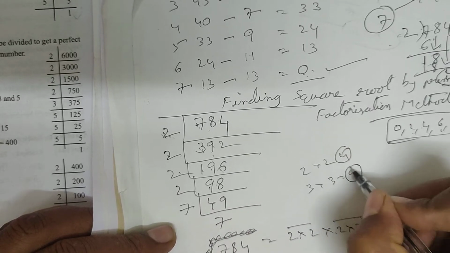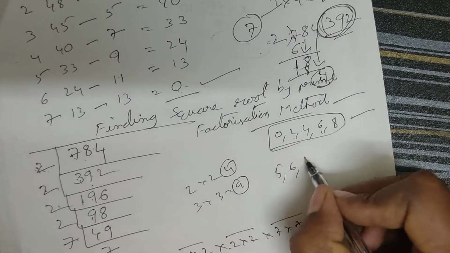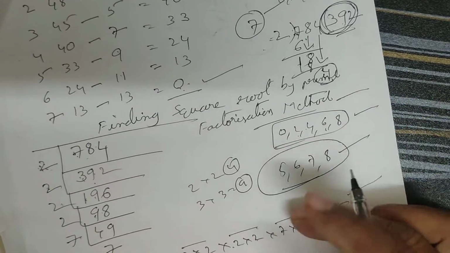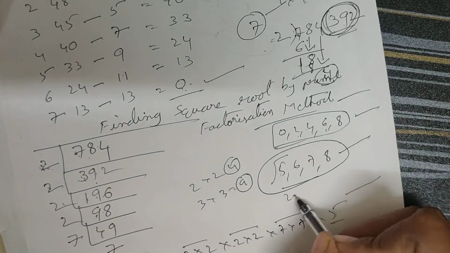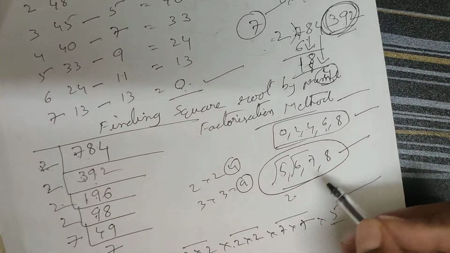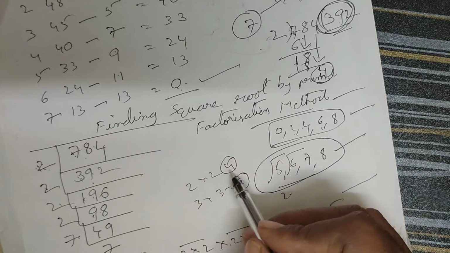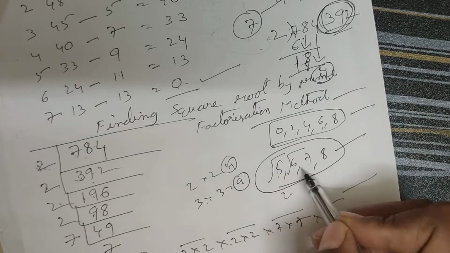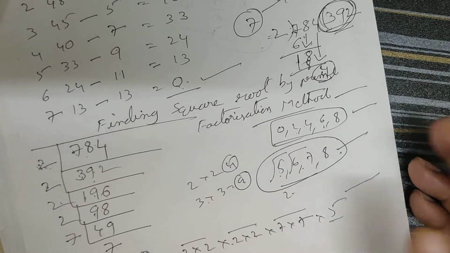So between 4 and 9 you have the numbers 5, 6, 7, 8. These do not have exact square roots. Root 5: 2 point something will come, exactly a number it won't come. Root 6: an exact number won't come. Like that, between 4 and 9. Root 4 means you are saying 2, root 9 means you are saying 3. The numbers between are not perfect squares. That's it, you can't find an exact square root for those.